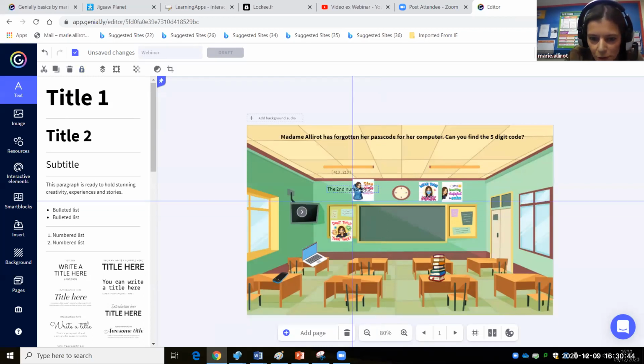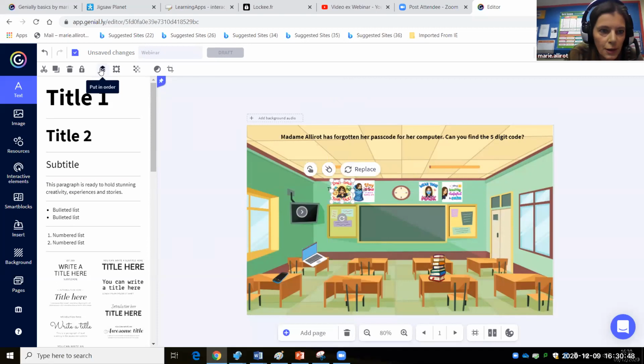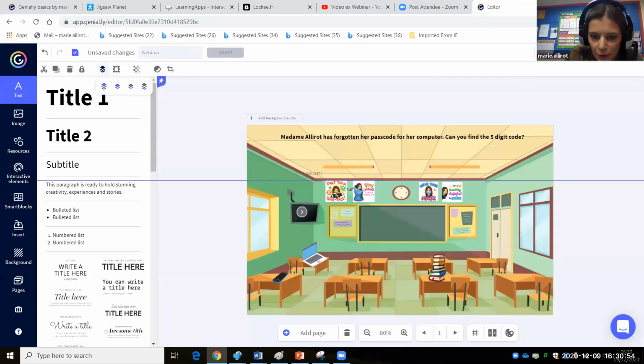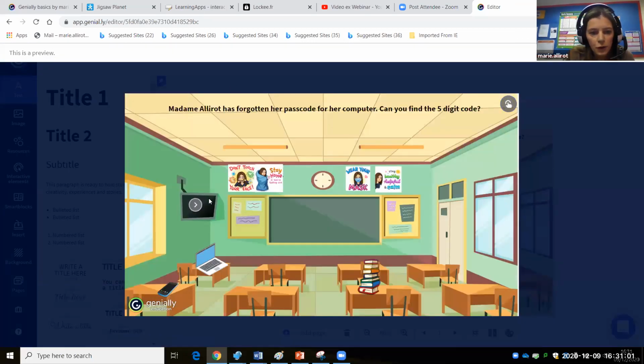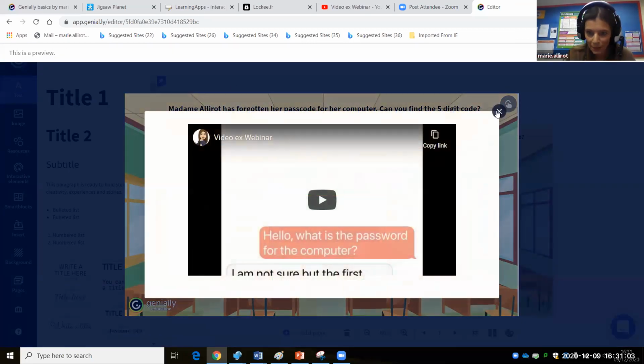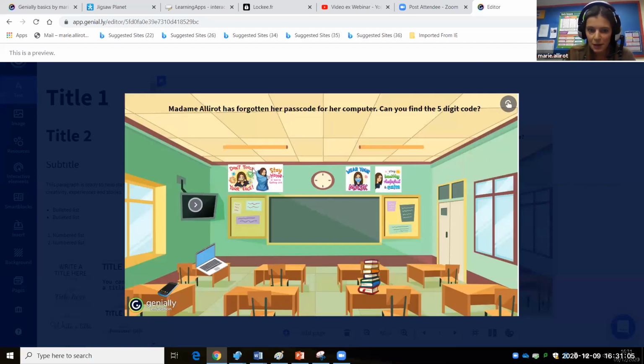I'm going to put my posters in the front. So I need to use this tool, poster in the front, and this poster in the front. So 1, 2. So there we are. If I do a little preview, at the moment you've got our little video, and we've got text behind these, but you can't move these. So we need to be able to move the elements.